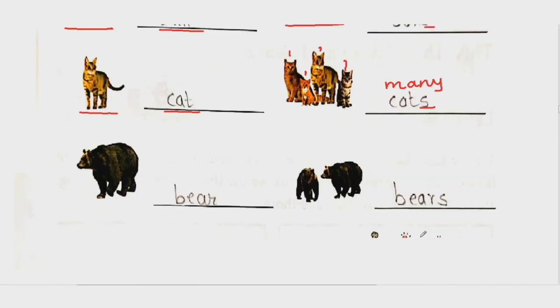Here last picture is about a bear. Okay, because it's only one in number, B-E-A-R, bear. Here the number of bears is 2. That's why M-A-N-Y, many bears. Students, I hope you have understood this question about one and many, and I just hope with the help of these pictures the concept of one and many is clear to you.